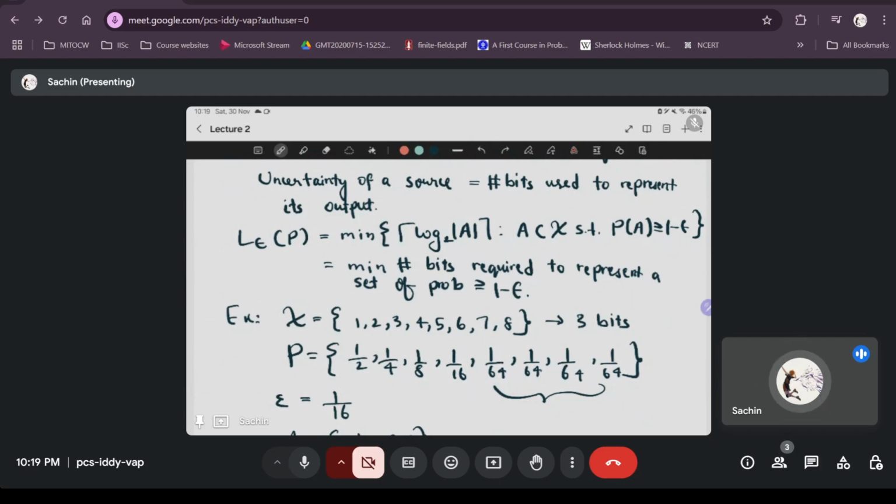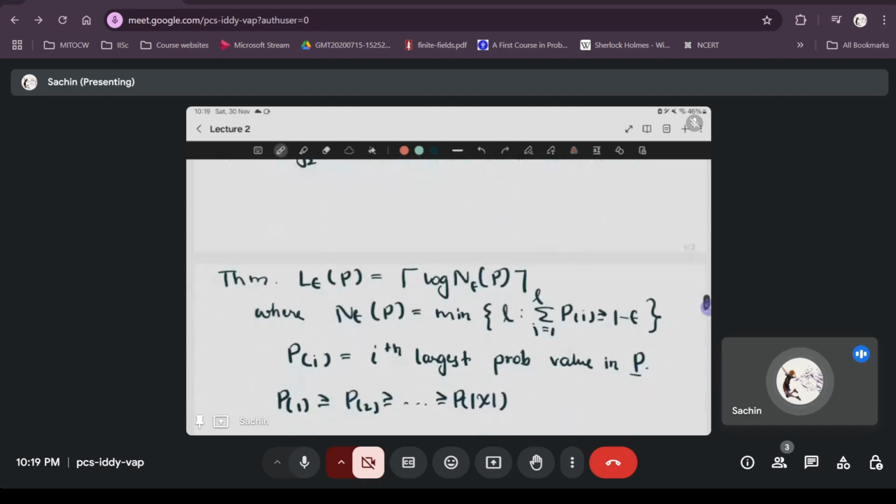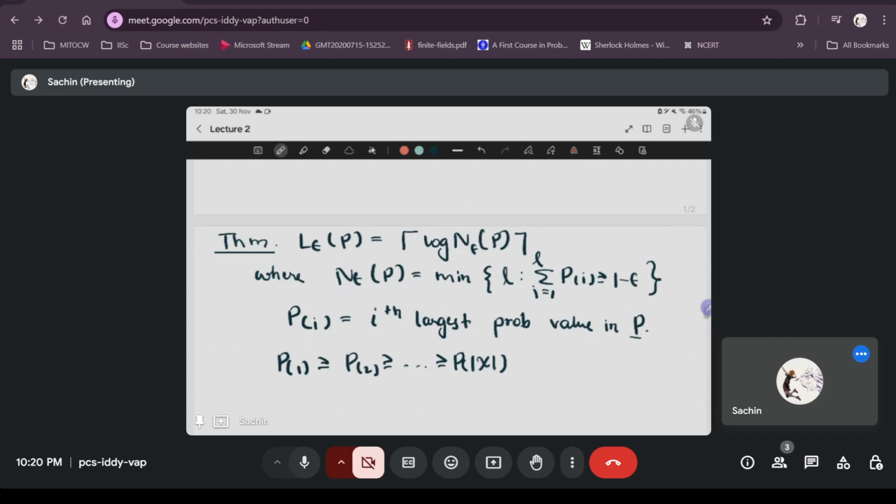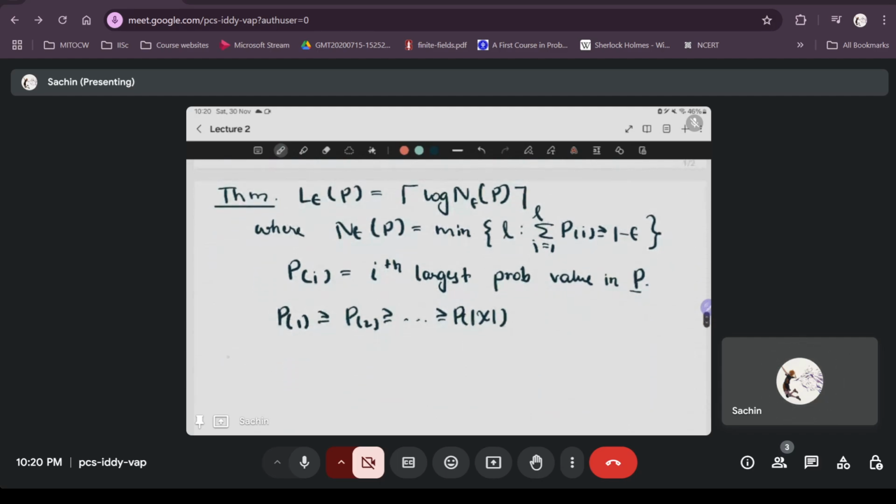And instead of doing that, this theorem gives you one particular method where you arrange the probabilities in descending order and you pick right from the beginning. One by one, you add the outcomes so that the probability will exceed 1 minus epsilon. And if you do that, whatever set you get, that is exactly the set which needs the minimum number of bits. That's what the theorem says. And the proof for that is